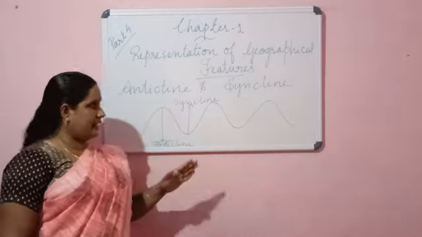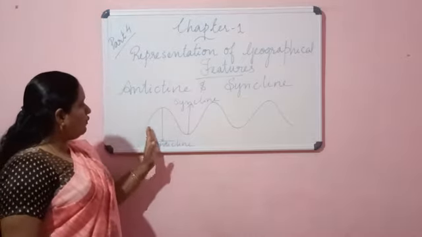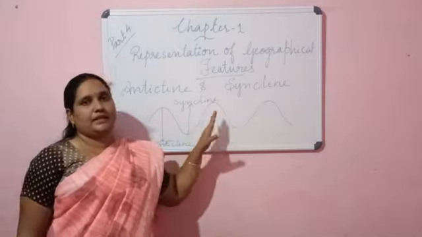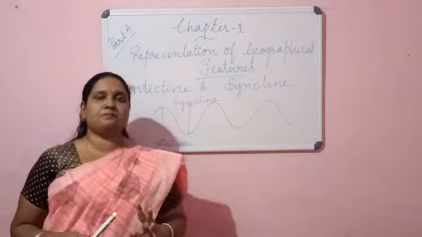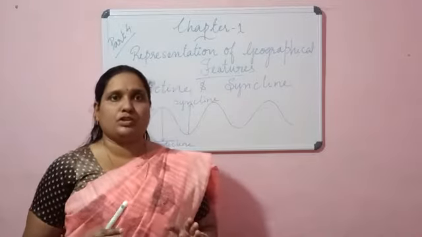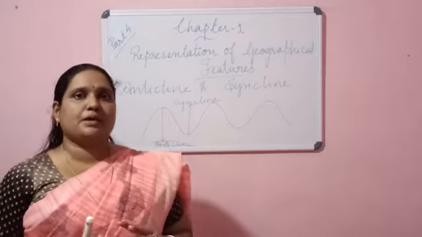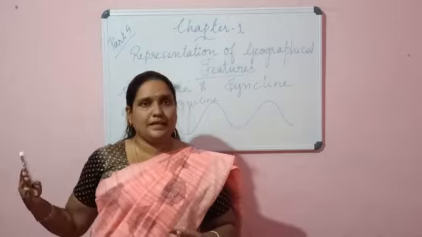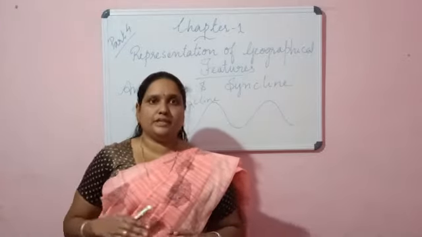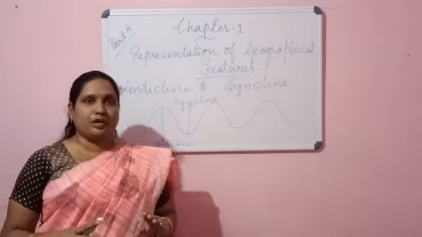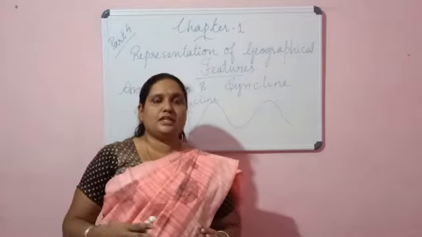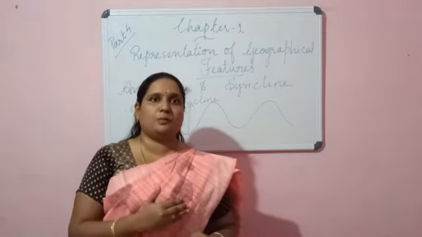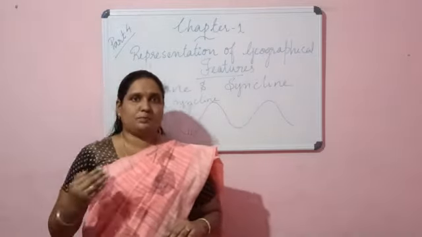So what is this anticline? Upward folds are called anticlines, and the downward folds are called synclines. This type of feature can also be seen in our books when we study mountains. Mountains are mainly formed due to folding and faulting, and about this folding and faulting we'll study in our next chapter, so I'm not going into detail. In the coming video, we can see the detailing of what an anticline and a syncline are, with the help of a PowerPoint presentation. So you can watch the PowerPoint presentation.